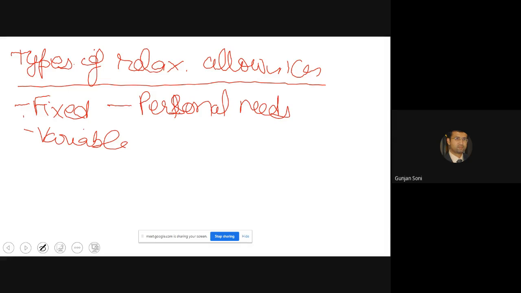Personal needs could be like drinking water, or even smoking is considered, washing hands, going to the washroom. And generally these personal allowances are 5% for men and 7% for women, for the obvious reasons.